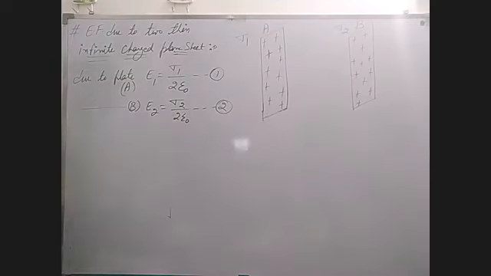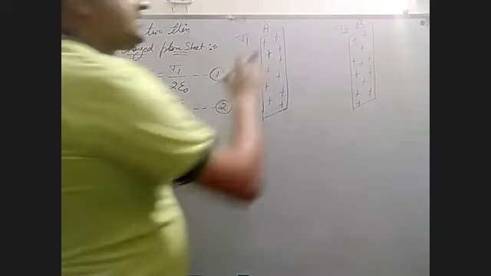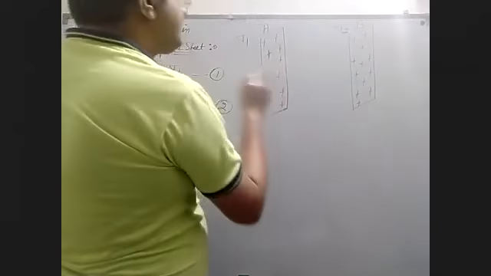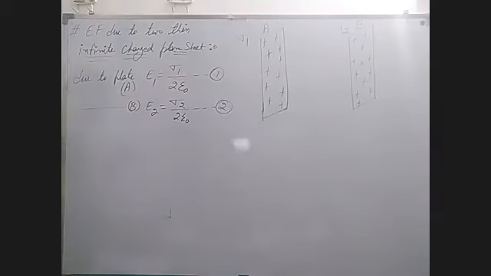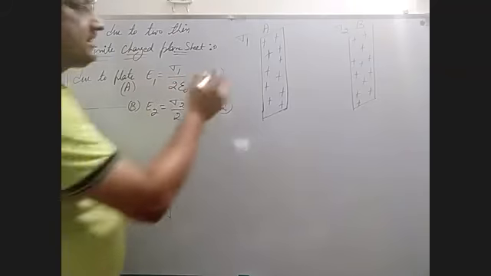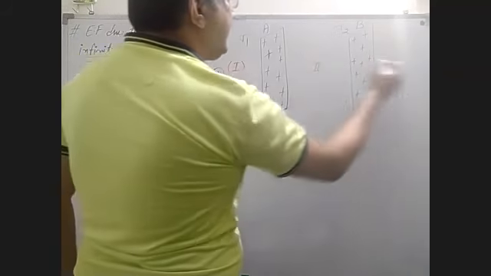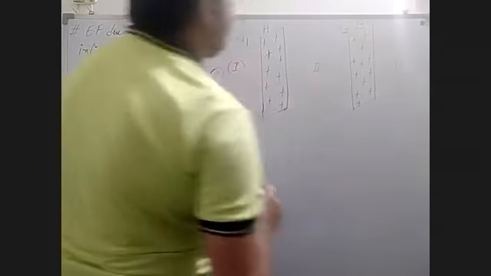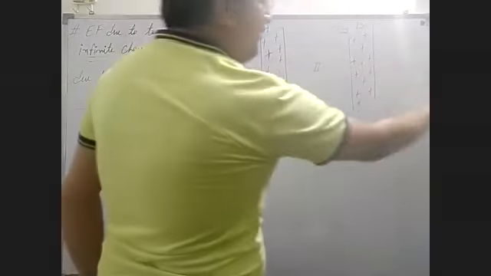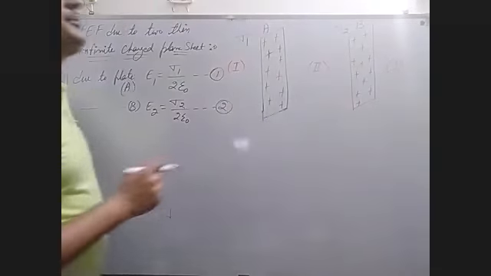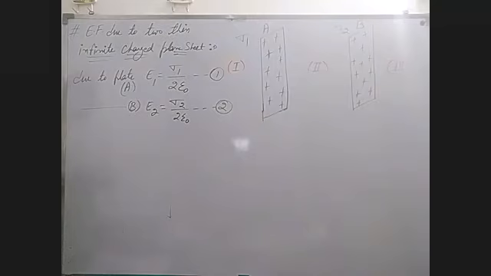Okay. Now divide the area by these two plates into three parts. First, second, and third: one on the left, one on the right, and one in between these two plates. Okay. Now, in region first,